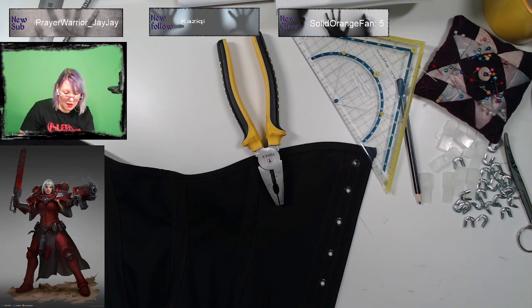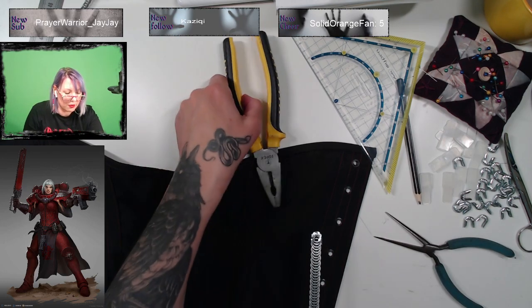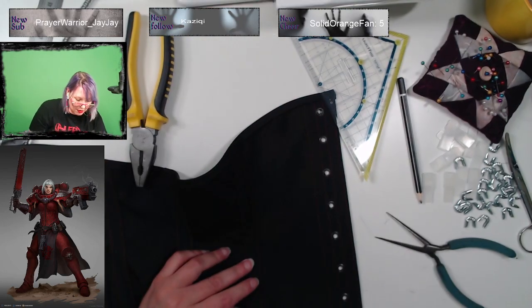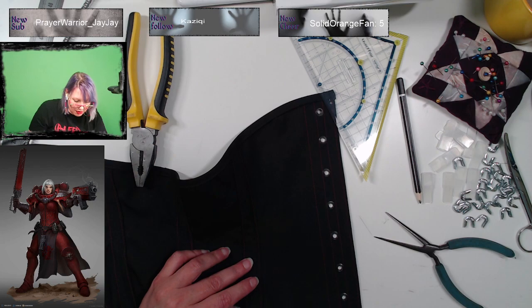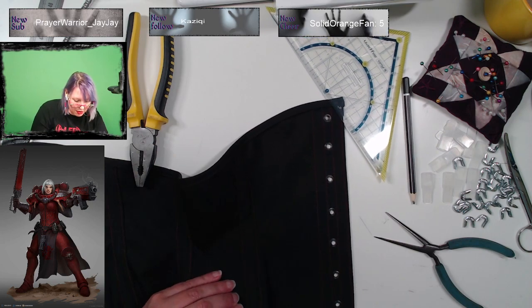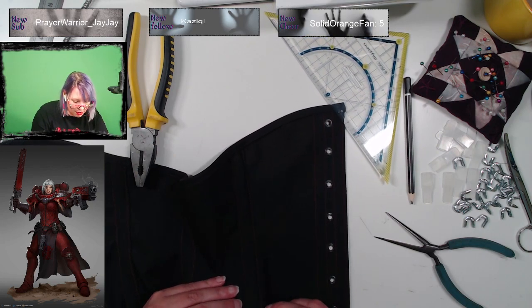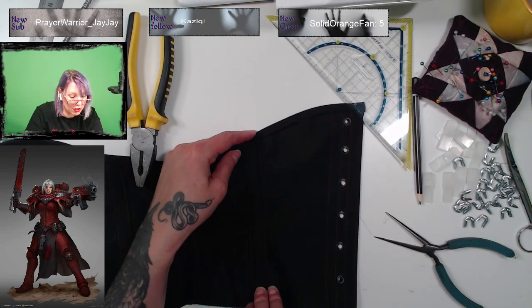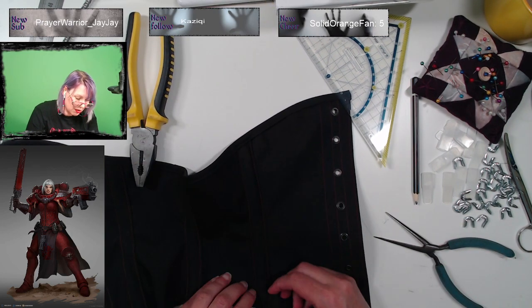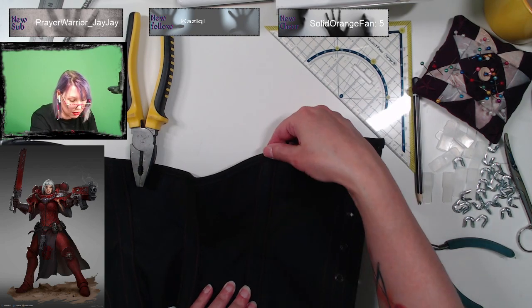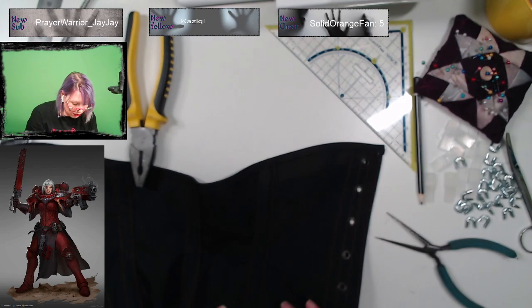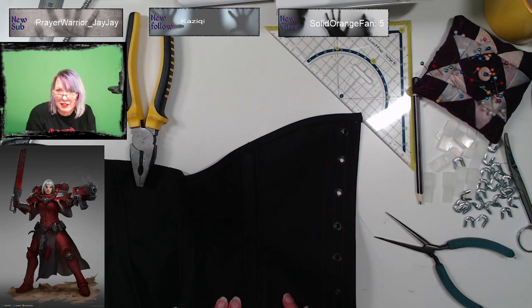Should I put you in all the way, or do I have to make it shorter? I think I have to make it shorter, because that's not 1 centimeter.